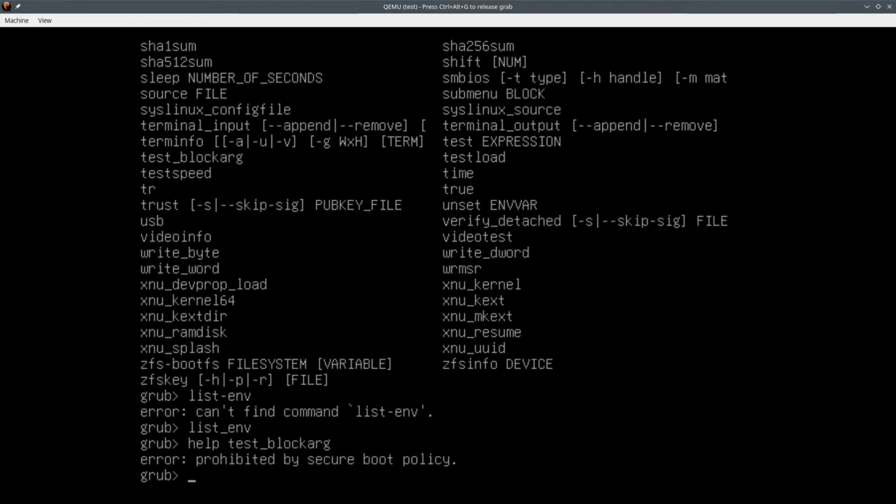So there are a lot of stuff that we cannot use in secure boot mode. So I'm not sure it's something that it's worth. Verified attached. New kernel. This is not funny. So